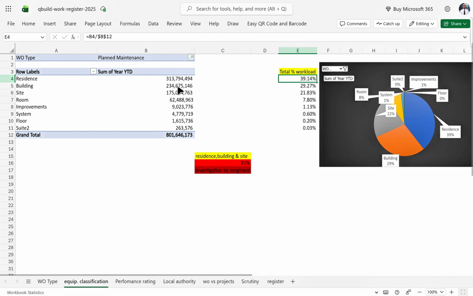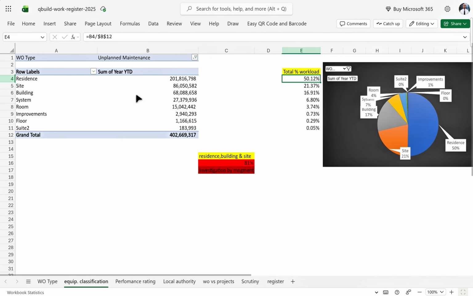You can also choose for unplanned maintenance and deselect this. And you can also see that residence is leading again with 201 million of unplanned maintenance, which is 50%. This is a concern because you can't have 50% going to unplanned maintenance. This is simply reactive maintenance. That is work that you did not even plan. These are the works that come out as impromptu. Site is taking the second with 86 million, which is equivalent to 21.37%. Building is taking the third position with 68 million, which is around